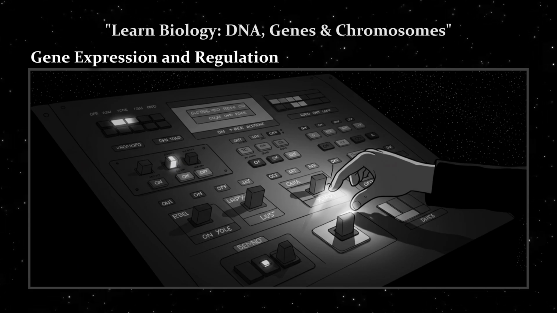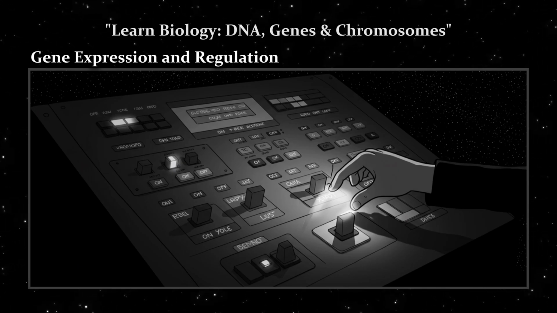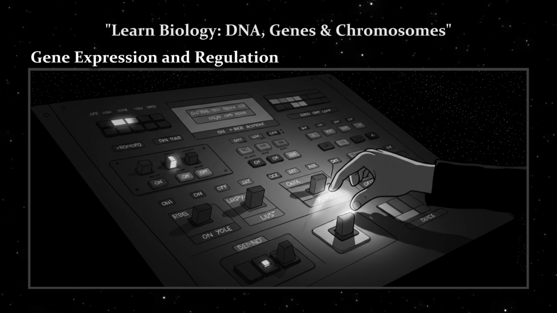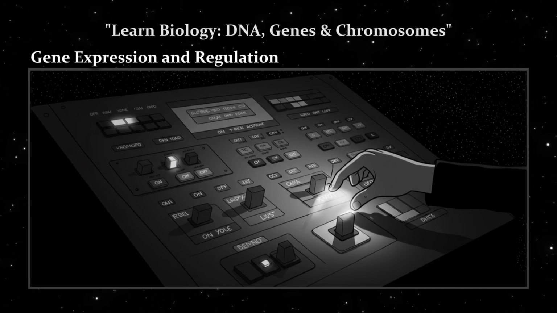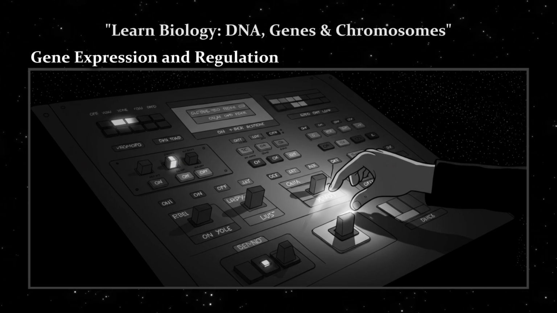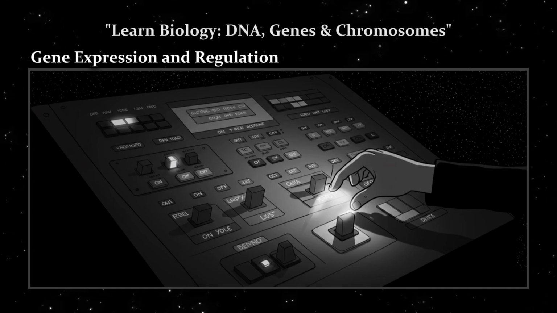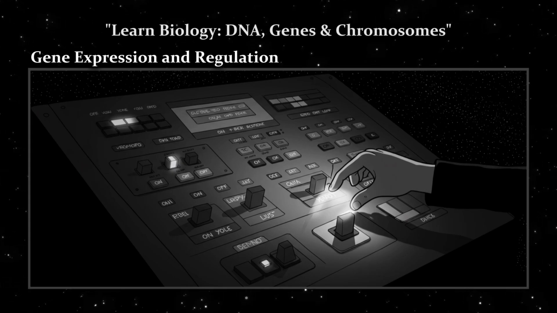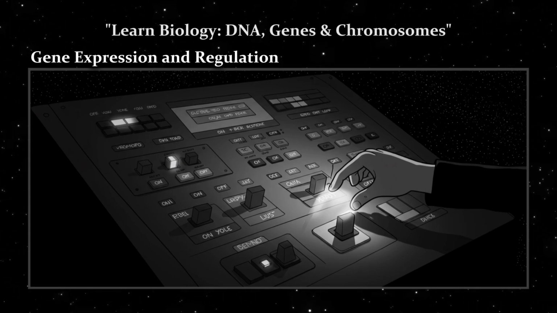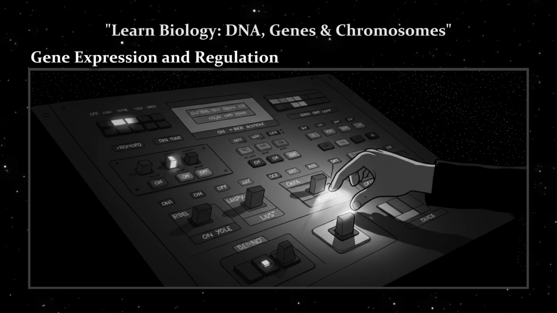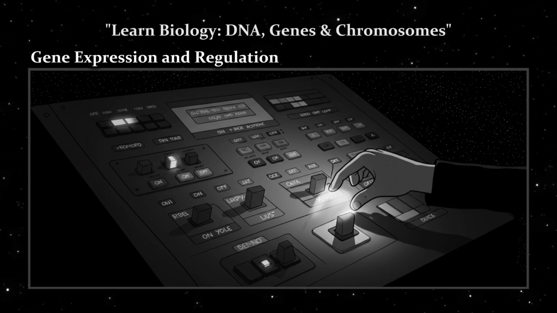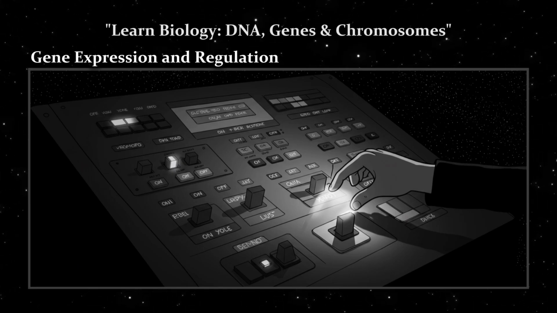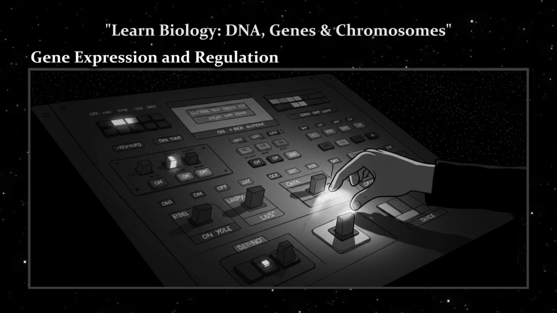The cell controls this tightness by adding small chemical tags to the histones, like labels on the spool. A process called acetylation, adding an acetyl group, typically loosens the coil, turning genes on. Conversely, the cell can add a chemical tag, a methyl group, directly onto the DNA itself. This DNA methylation is a powerful off switch. It recruits proteins that lock the chromatin down, making it dense and unreadable. This is how a skin cell ensures its brain genes are not just off, but permanently packed away for the